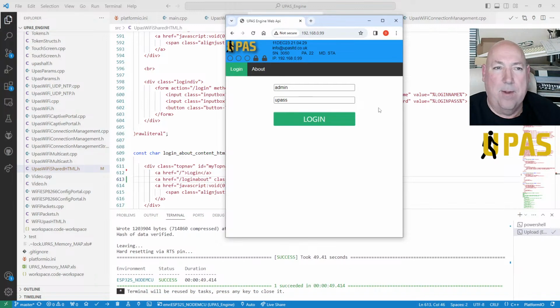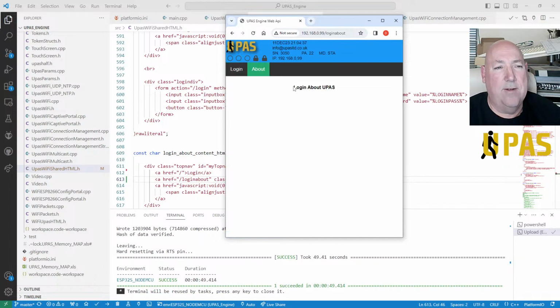Right, let's see if that is good. So we've got login and we've got about. Now this about, obviously, is just a placeholder, so what I need is some more information there. I'm trying to finish this off into something that I can put in a box and ship out and get distributed.